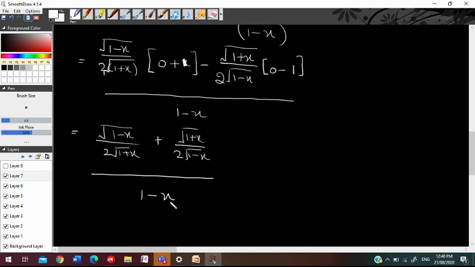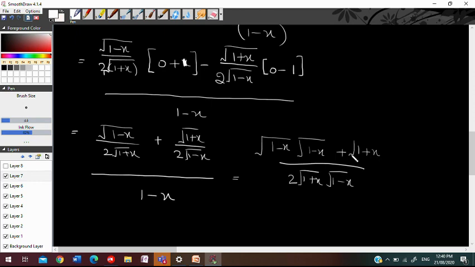Okay, now if we take the LCM, what we will get is 1 by 2 under root 1 plus x, 1 minus x, then 1 minus x under root into 1 minus x plus 1 plus x and 1 plus x, and the whole divided by 1 minus x, and